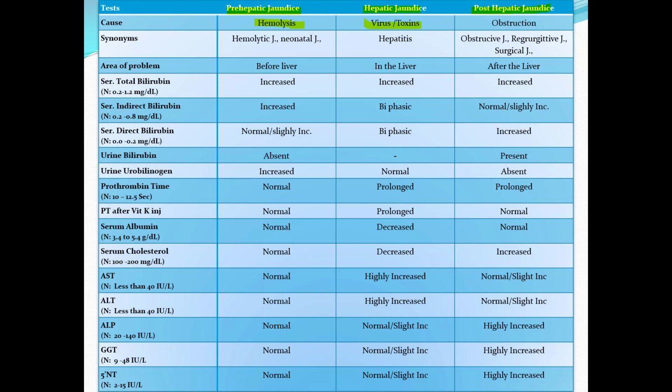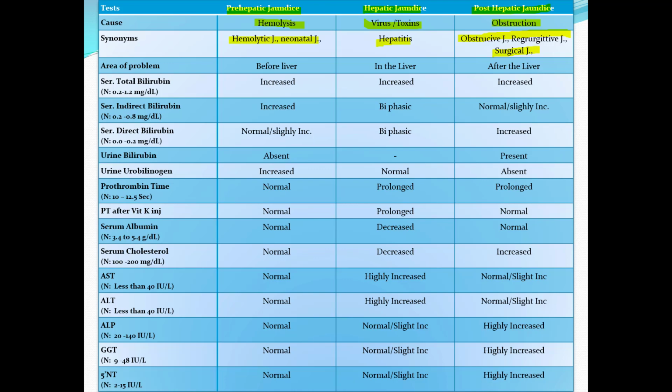The cellular damage is a cause for hepatic jaundice. It can be due to either virus or toxin. There is an obstruction or flow obstruction that happens in post-hepatic jaundice due to any of the reasons listed below. The synonyms are hemolytic or neonatal jaundice for pre-hepatic jaundice, hepatitis for hepatic jaundice, obstructive, regurgitative or surgical jaundice